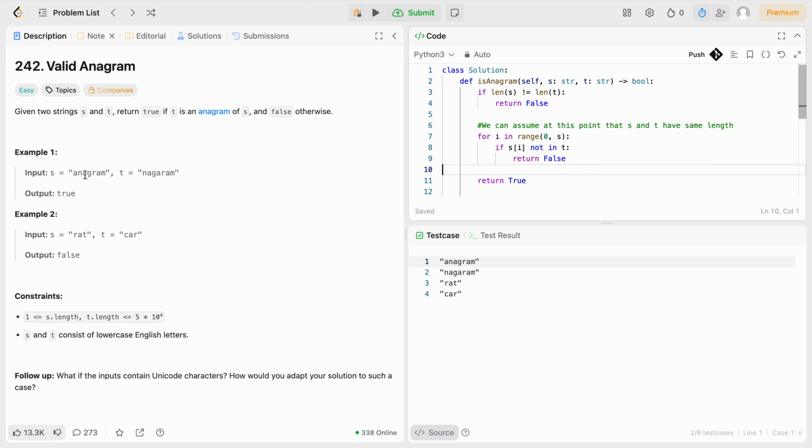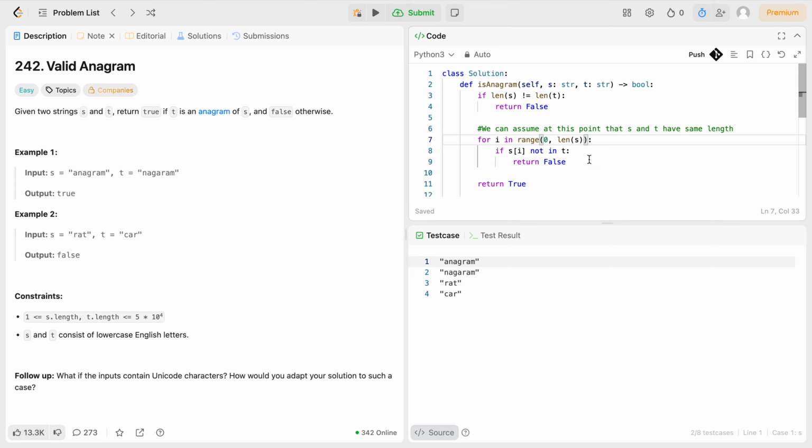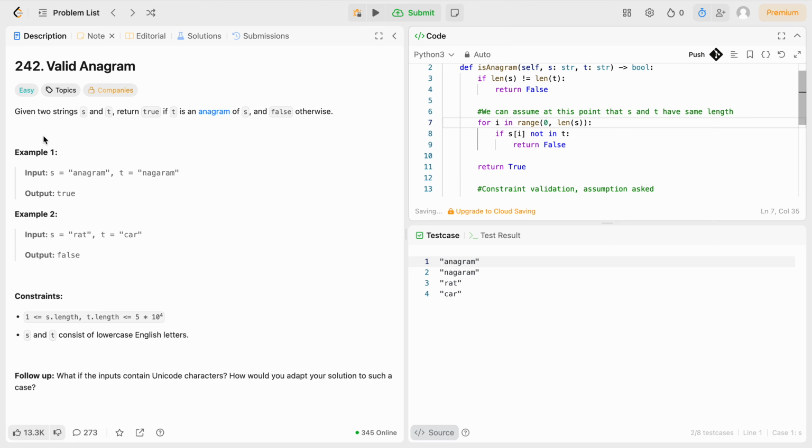I think, yeah, that's it. If I go through "anagram" and "nagaram", 1, 2, 3, 4, 5, 6, 7, and 1, 2, 3, 4, 5, 6, 7, both of these are 7. So 7 does not equal 7 is not true, so we won't run this. We will come here for i in range 0 to s. That's wrong, this should be length of s. Good catch. So s[i], that's a. Is a in t? Well, there can't be